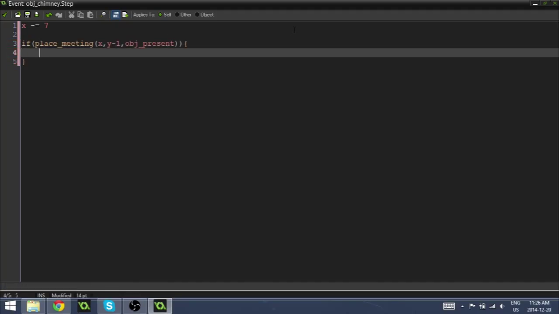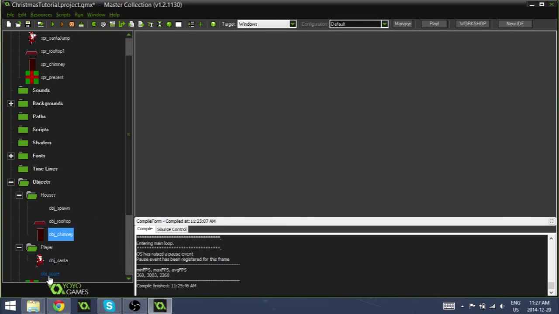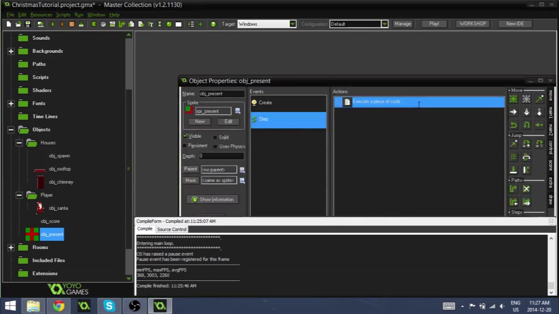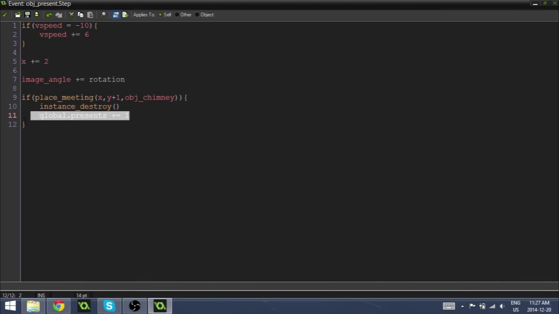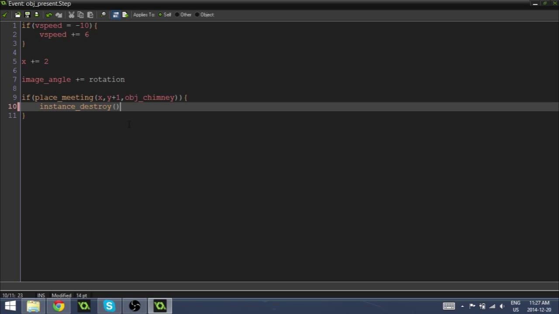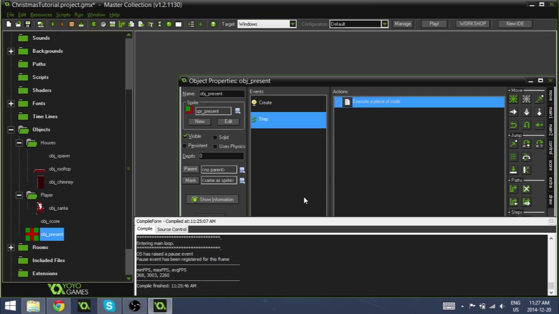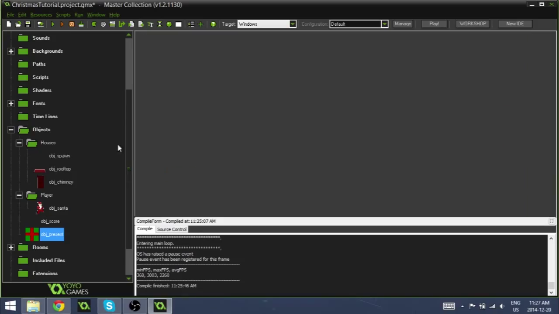then we're going to do the good old, I believe if we do, no, dang it, does that not work anymore? We're going to do global.presents += 1, and then we're going to go back into our present. No, that's not our present. Let's scroll down a bit. Back into our present, and we're just going to take out the global.presents += 1. So that way it will only add one to